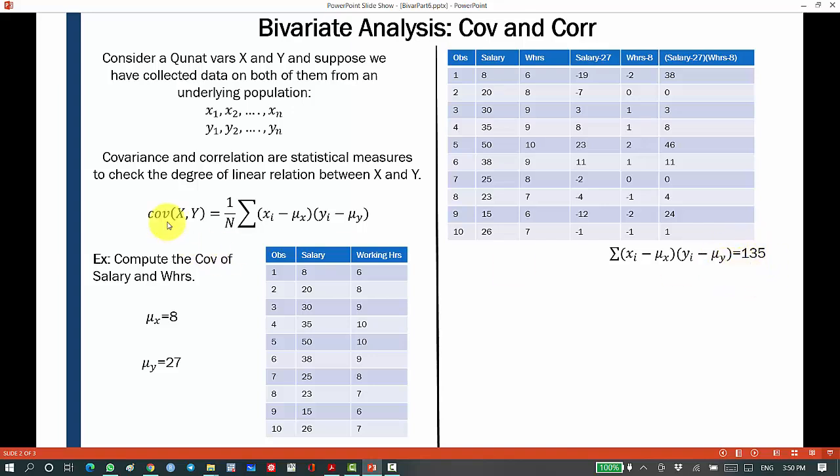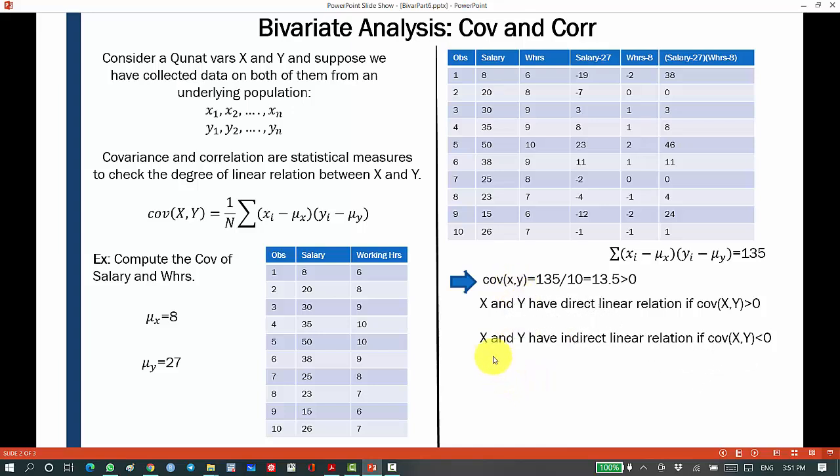Putting this 137 in the formula of the covariance, we get that the covariance between x and y, in other words, between working hours and salary, is 135 divided by 10, which is 13.5, which is a positive number. X and y have a direct linear relation if the covariance is positive, such as in this example here. Since the covariance of salary and working hours is positive, with an increase in working hours, the salary is also increasing. X and y have an indirect relation if the covariance is negative, and x and y have no linear relation if